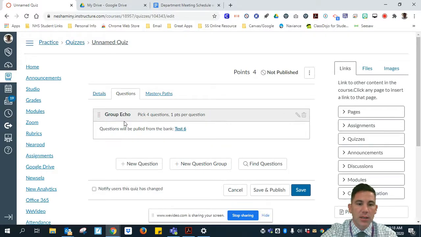And now you can see that group Echo picks 4 questions, 1 point per question, and the questions will be pulled from the bank T6. And there you go. Now you have a quiz that's saved and you pulled it from a question bank, and that'll make sure that it randomly selects which questions are going to be on how they'll be ordered on the